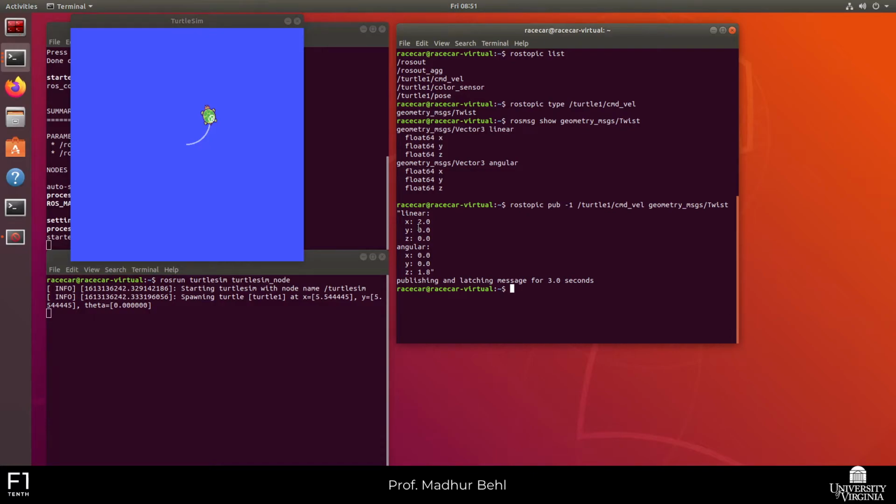So this geometry message has two vectors of 3 floating point elements, the linear and the angular. In this case, the 2, 0, 0 is the linear value, with the x component of the linear being 2 and y and z being 0. And the 0, 0 and 1.8 is the angular value with only the non-zero z component. And just as an aside, we'll get into this in the course. These arguments are in what is called the YAML syntax,